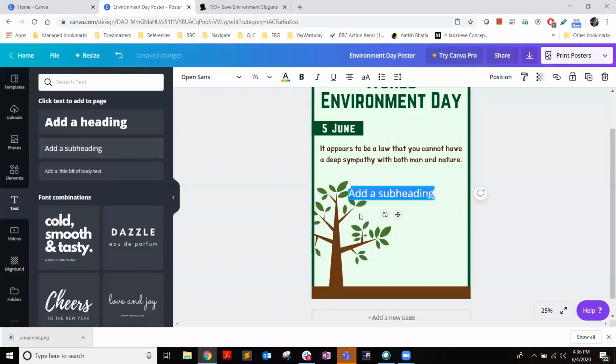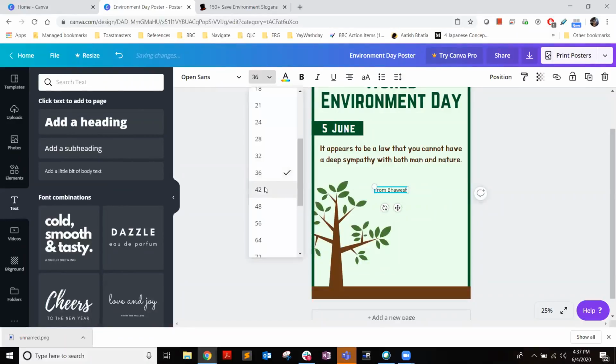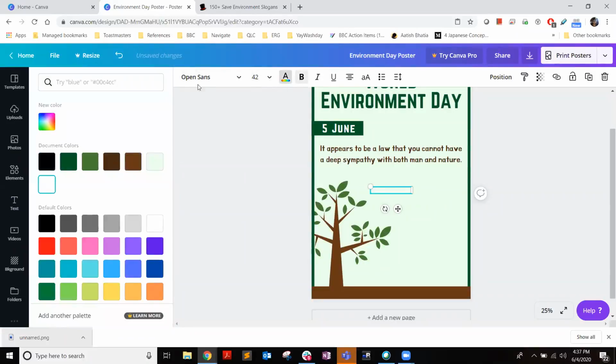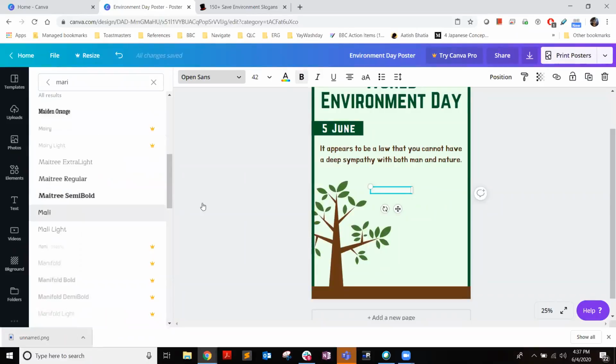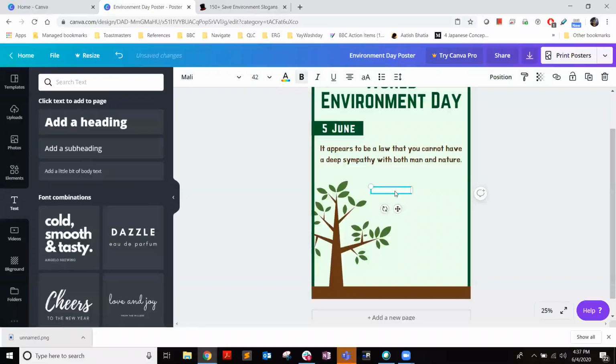And as I was adding my text, I'm going to add from Bhavesh and quickly click it, reduce the font size to say 42, make it bold, set it white and choose a font which I like, say this new font I like.